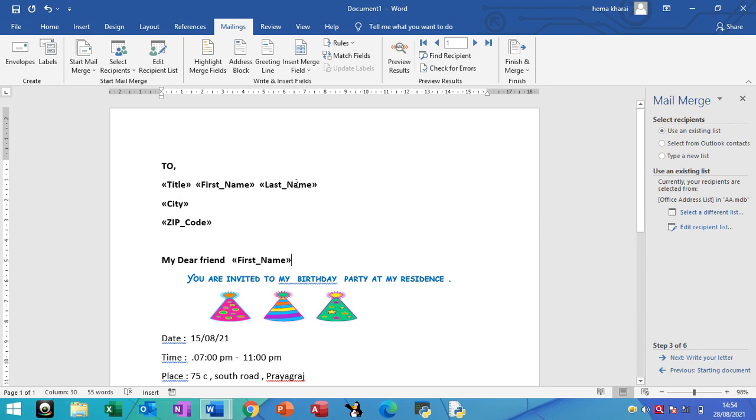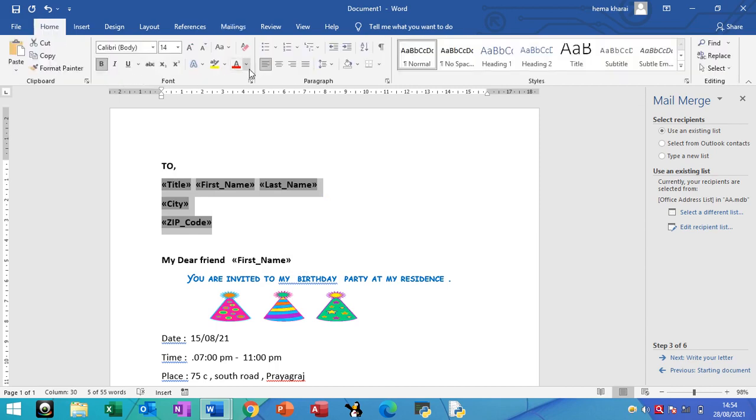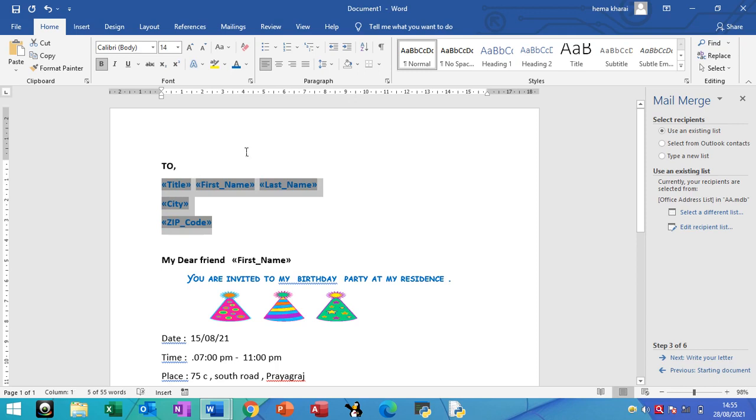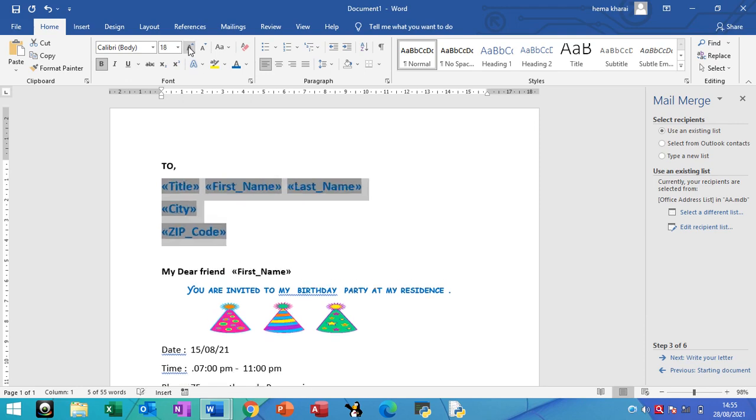Now you can also format all these merge fields which you have taken. So I'm using this. You may go to home tab. You may use different colors here, so that your letter whatever you are sending is colorful. Okay, so I'm taking a color from here, and you may increase whatever is there inside your font group. You may use all these things to make formatting inside. I'm using this.